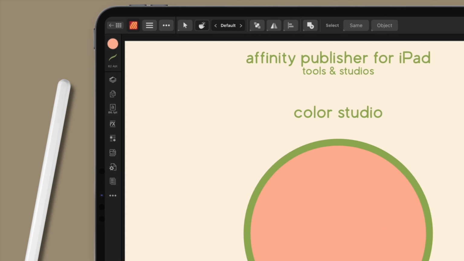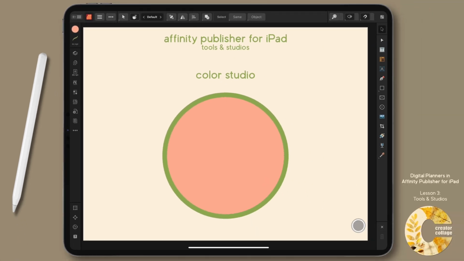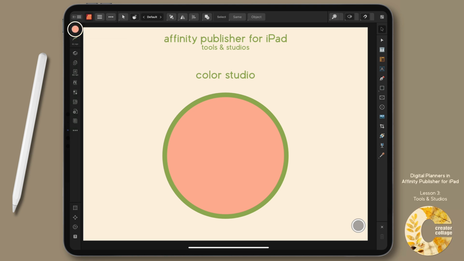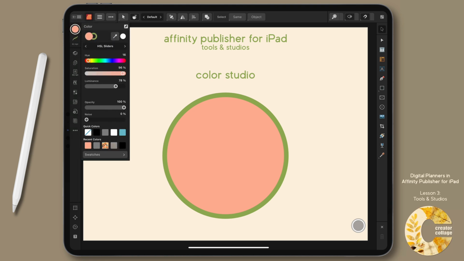Moving to the side again, let's look at the studio panels. Now, I will note mine will look slightly different from yours depending on the iPad you're using. The icons on this side are all scrollable on all iPads except for 12.9-inch Pro and larger. If you're on a larger iPad like mine, you're going to see these ellipses for the rest of the options instead of scrolling. Starting from the top is the Color Studio, and this is where you can select the color